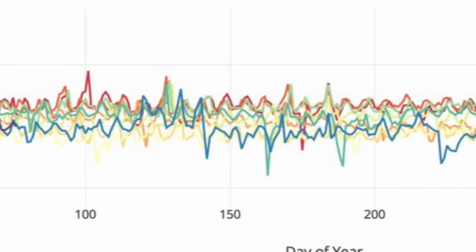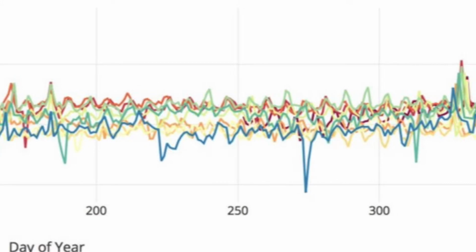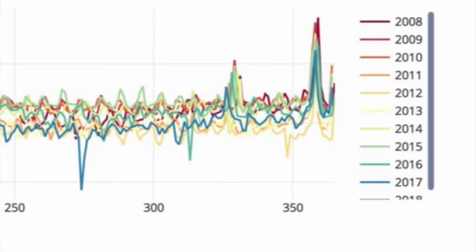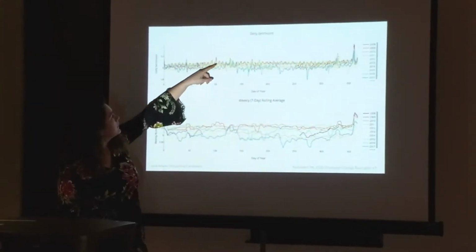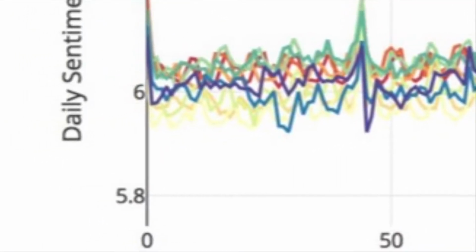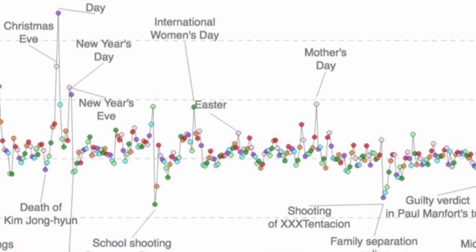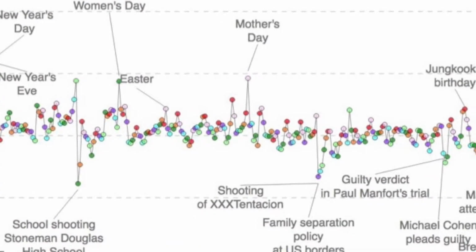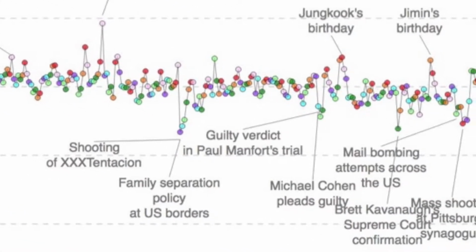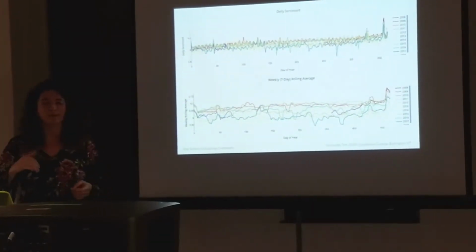So it gets a little bit messy, but what we can see here is the daily sentiment towards the end of the year. This spike here is Thanksgiving, and this spike here is Christmas. I think Mother's Day is right around here. This is Valentine's Day here, so we're seeing sort of commonalities on the happy spikes, but a lot of variance on the low spikes because those are usually natural disasters, terrorist attacks, mass shootings, and other events that really are less predictable. So generally we're seeing that happiness is predictable, but unhappiness is a lot less predictable.